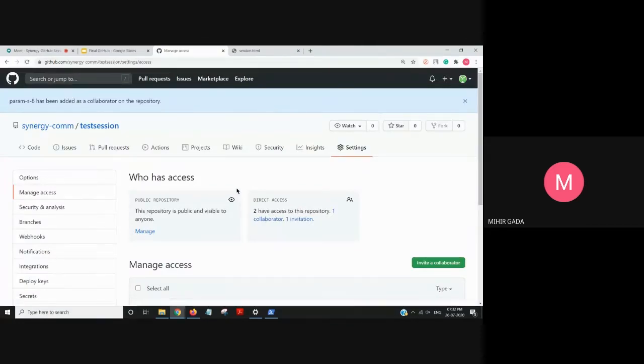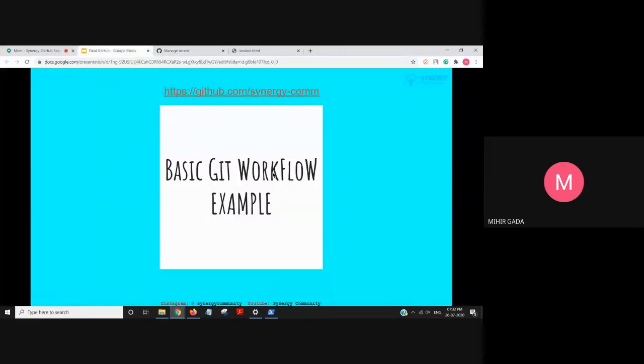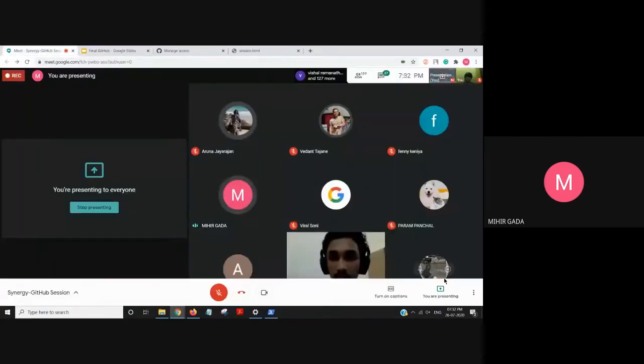We are going to explain this process again in our further slides, so it will be much easier for you, and we are going to share the PPT with all the registered people. In the PPT, we have typed each and every command, and you can go through those commands, which will be helpful for your task too. So now, Param, you can present.